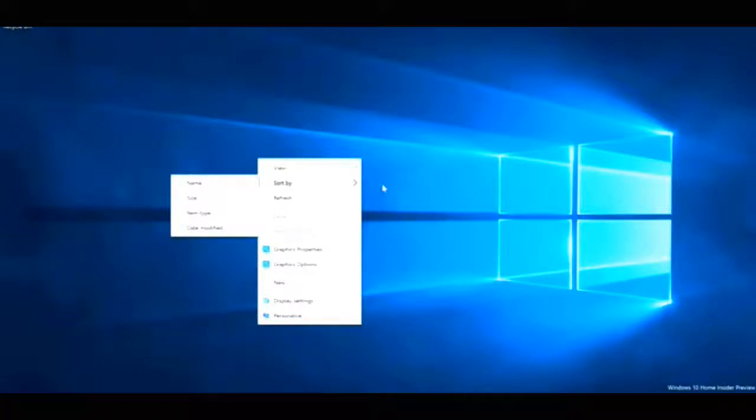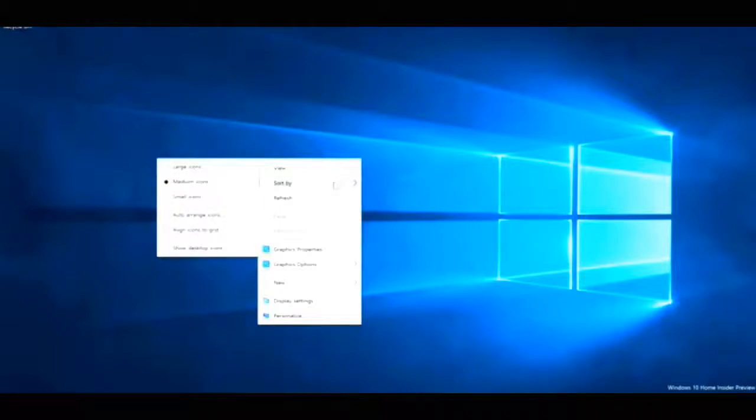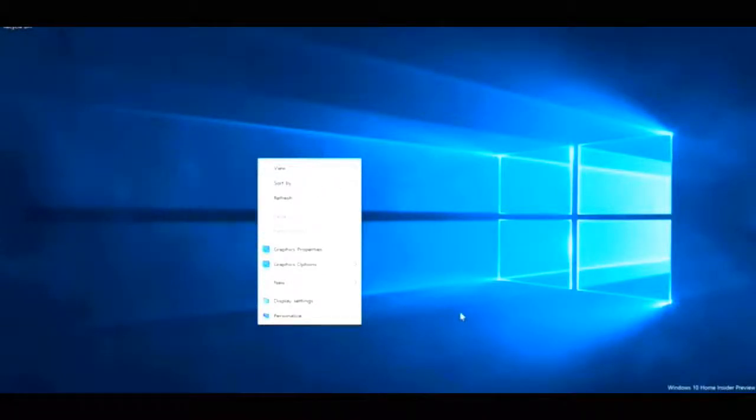Actually, I lie, they're not. Or are they? Let's find out. I'm going to right click on my desktop. No, they're pretty similar. Just on this build, they are just a little bit larger. So if you're running the Windows 10 RTM, they kind of look the same right now, but they have changed